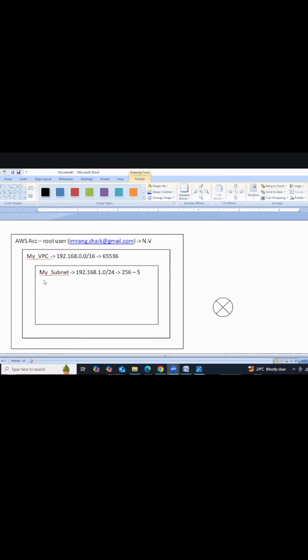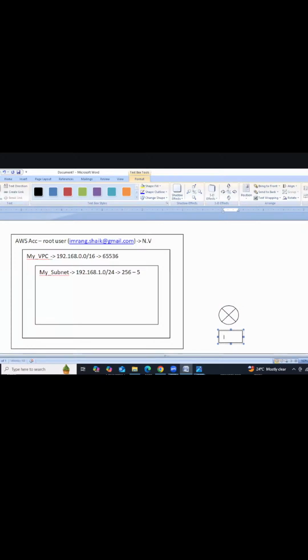So let's see here, guys. Next, we need to create an IGW. IGW means Internet Gateway. So what is the use of this IGW? It is going to allow the internet into our VPC. Got it, guys?